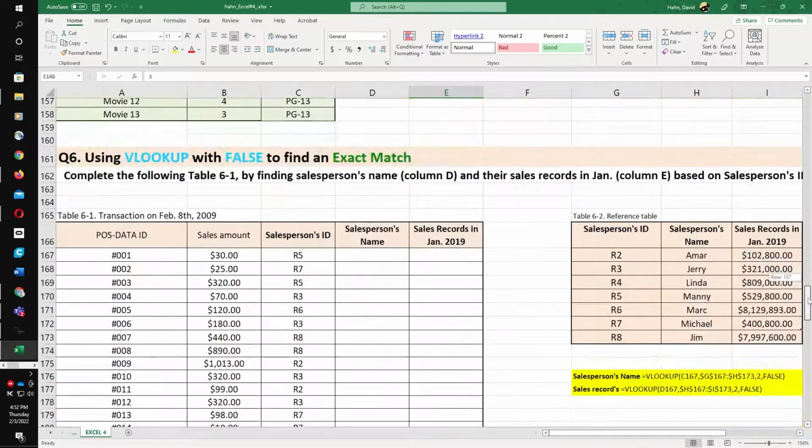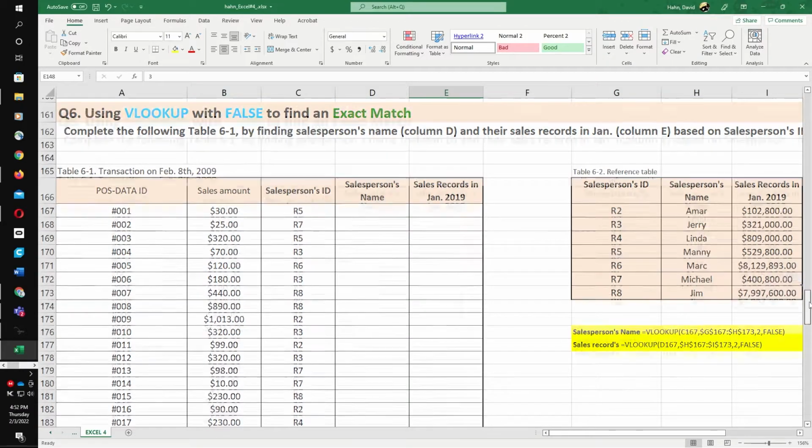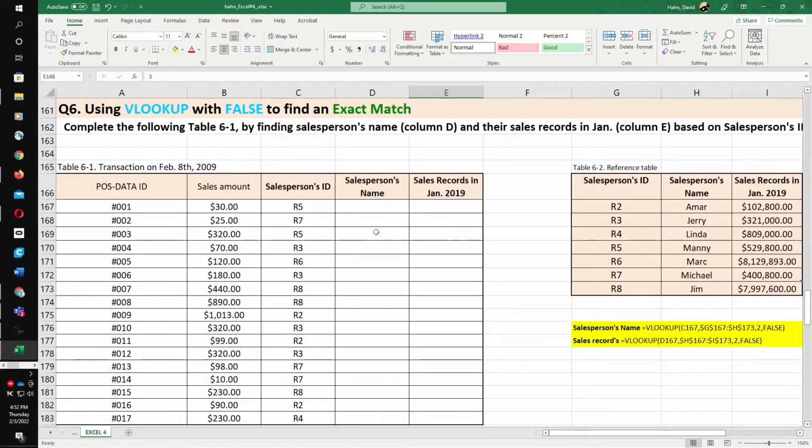So let's look at another example here. Same exact thing, except we're going to find an exact match. We want to find out from a salesperson's ID number who they are and how much they made. All right, so I'm going to go here, salesperson's name. I'm going to go equals